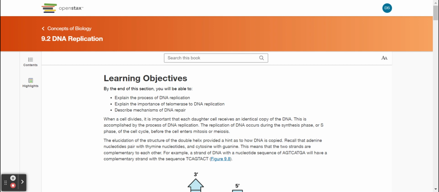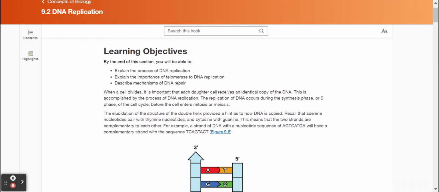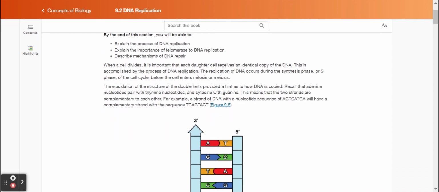When a cell divides, it is important that each daughter cell receives an identical copy of the DNA. This is accomplished by the process of DNA replication. The replication of DNA occurs during the synthesis phase, or S phase, of the cell cycle, before the cell enters mitosis or meiosis. The elucidation of the structure of the double helix provided a hint as to how DNA is